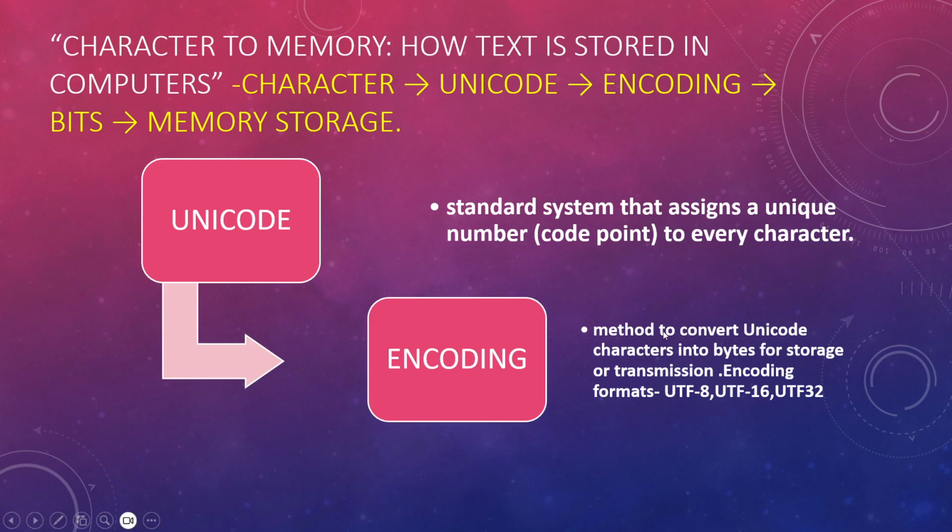So for encoding formats, we have UTF-8, UTF-16 and UTF-32, depending upon how many bytes are used for the code. So these three are different. For example, 1 byte is 8 bits, right? There are rules that UTF-8, UTF-16 and UTF-32 follow. Right now I'll just tell you overall. Later on, if you want, ping me and we'll go deeper into this if needed. So this is basically what Unicode and encoding is.